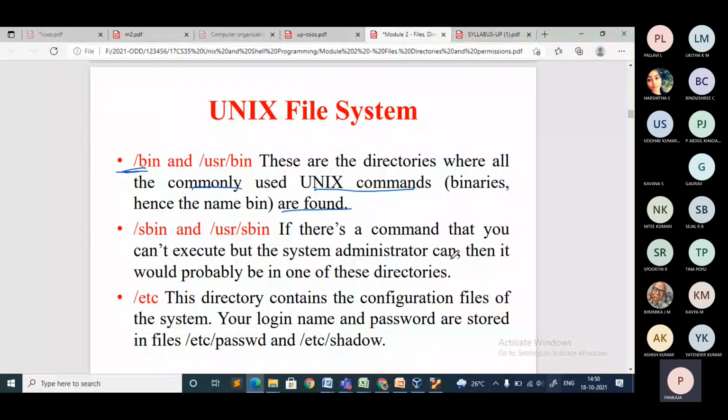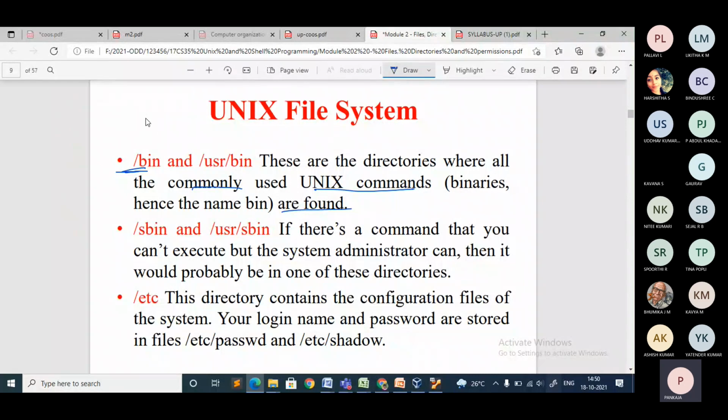Are you getting it? In the previous class I told you there are some commands that you cannot run. Even if you try to install some software when you are in user mode, you may get an error message saying you are not permitted. In that case you have to change the mode to admin mode, that is root mode, then try to install. So in case the file is to be executed under root mode or admin mode,